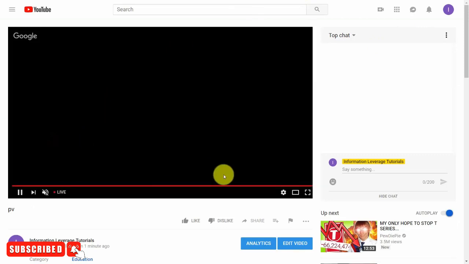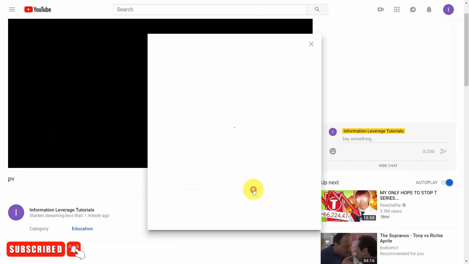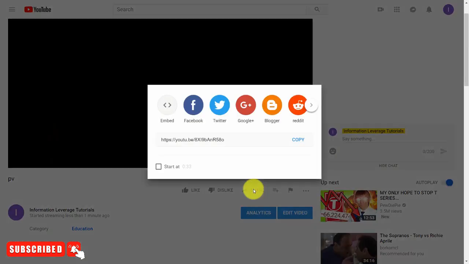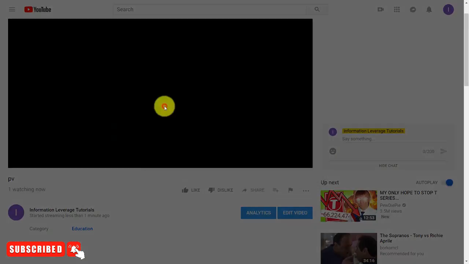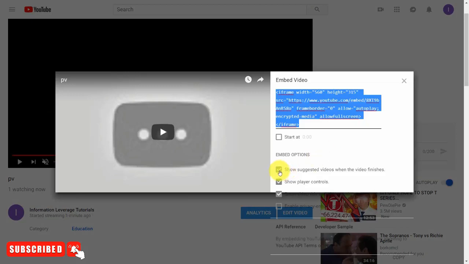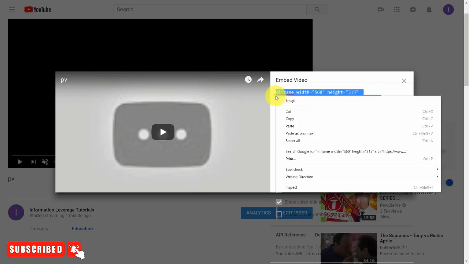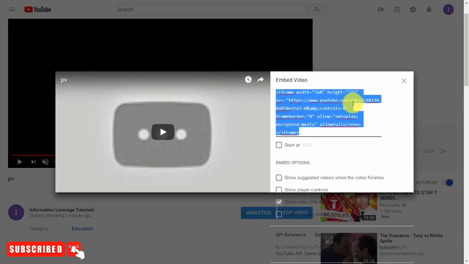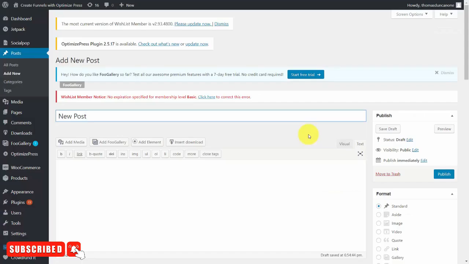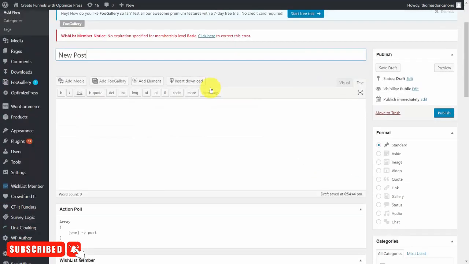And what we would do then is we would then go to the share button. We would then click the embed button. We can then take care of the embed options, grab the code, and then head to our website. And of course, we're just using WordPress as an example. You can use the site builder that you find most helpful.